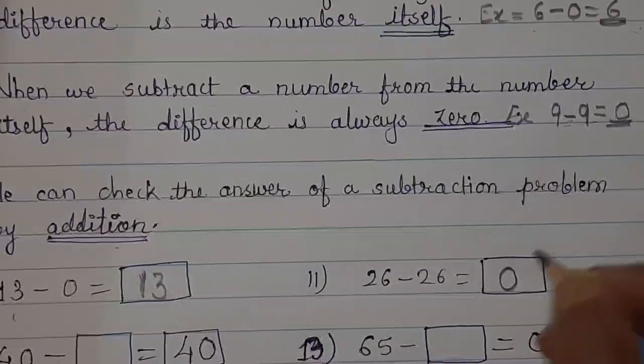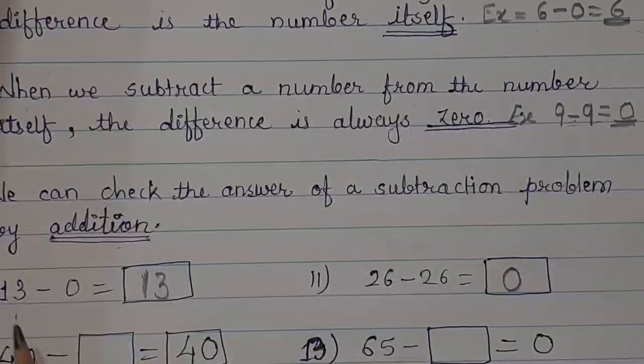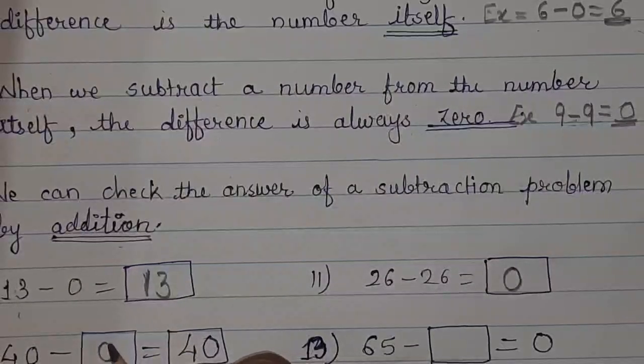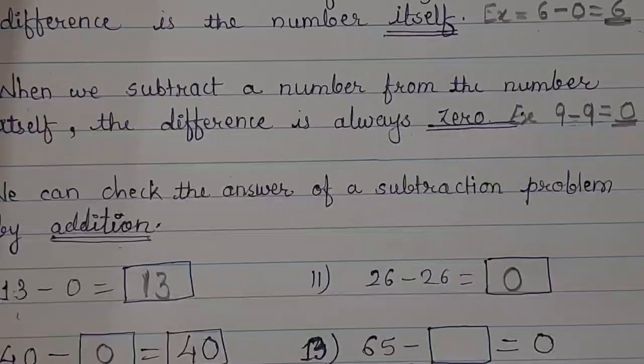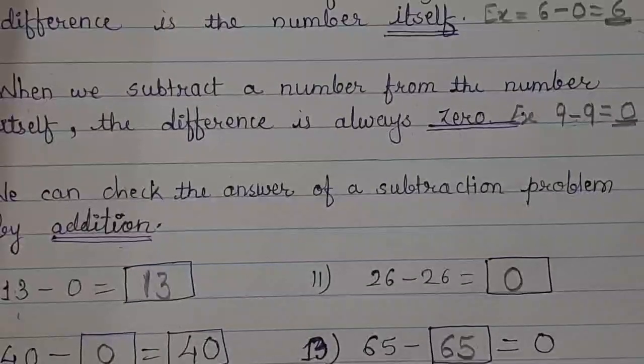These are our properties. So again, now from 40, which number you have to subtract, you will get 40. So this example is there. If you replace 13 by 40, so what answer will come here? 0. Next one, 65 minus dash is equal to 0. So same number if you will subtract, then only you will get answer 0. So 65 minus 65 is your answer.